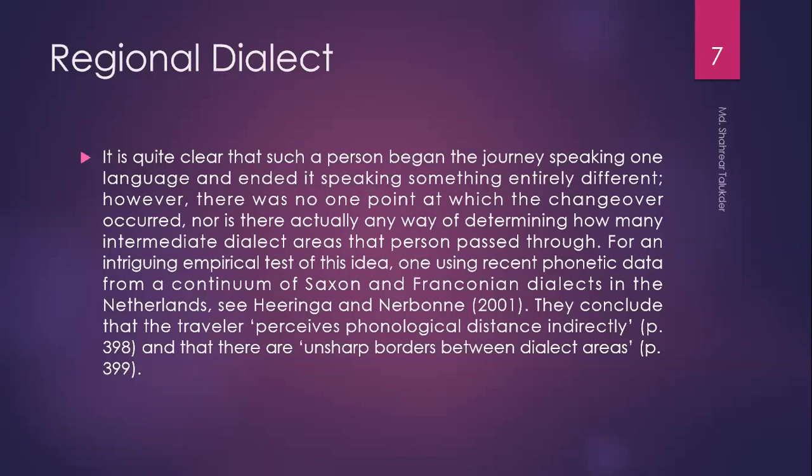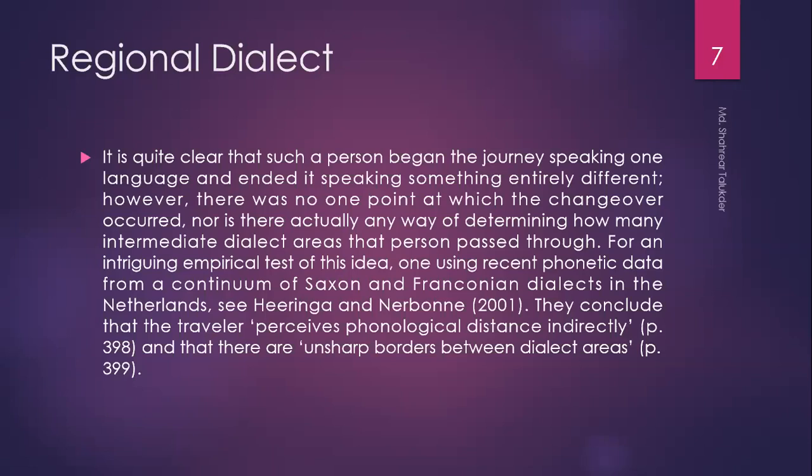Okay, for an intriguing empirical test of this idea, one using recent phonetic data from a continuum of Franconian dialects in the Netherlands. So actually there was a kind of experiment with phonetic data. So they observe the person and his dialect, and also his pronunciation, and from the phonetic data they are trying to understand his continuum of Saxon and Franconian dialects. তার যে Saxon Franconian dialect যেটা ব্যবহার করছে কিভাবে চেঞ্জ হয়েছে উচ্চারণের কত দিক থেকে, কারণ সে বিভিন্ন জায়গায় গিয়েছে, কতটা পরিচিত হয়েছে সেটা তারা ডিটেক্ট করার চেষ্টা করছে, সে বিভিন্ন জায়গায় গিয়েছে এরকম কাউকে নিয়ে